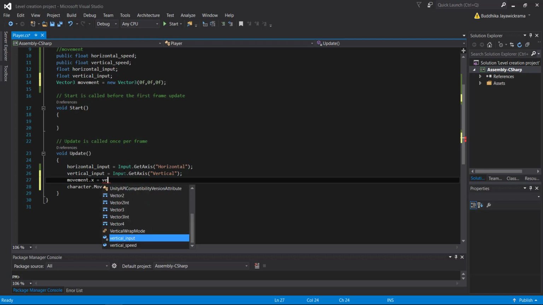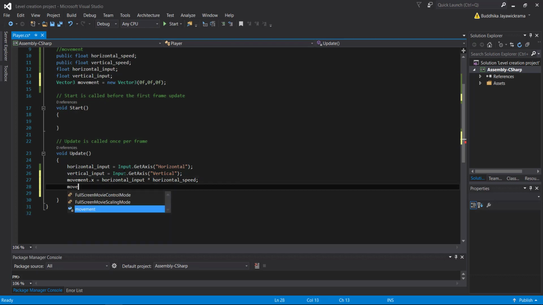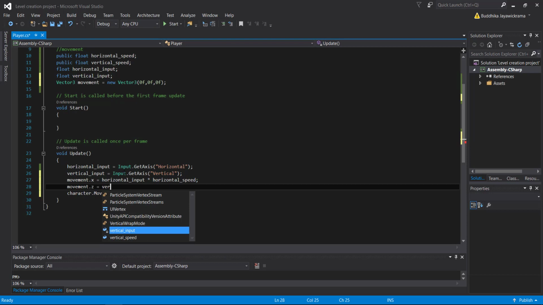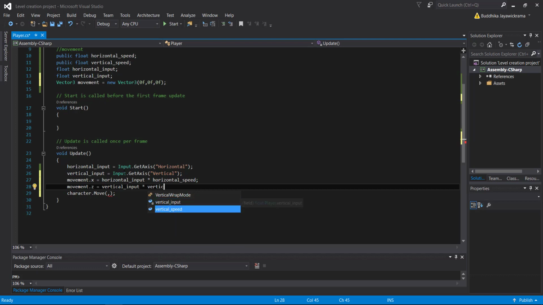So let's put our horizontal input value to the x component of the movement vector and multiply it by the horizontal speed, and let's do the same thing to the z value and pass the vertical input value scaled with the vertical speed.